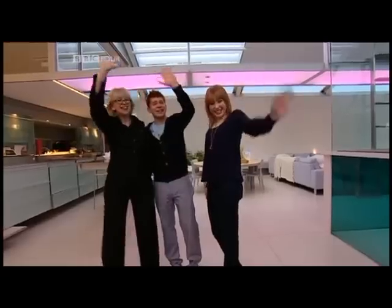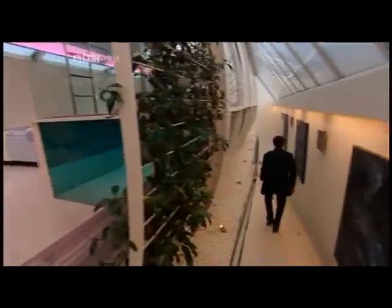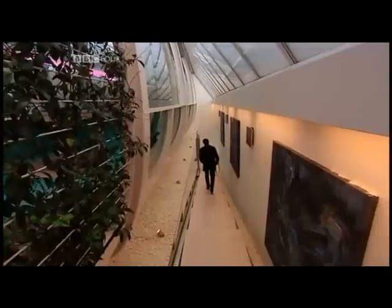I've never stayed in a house that fulfills the axiom of a machine for living quite as dramatically as this one. Part architecture